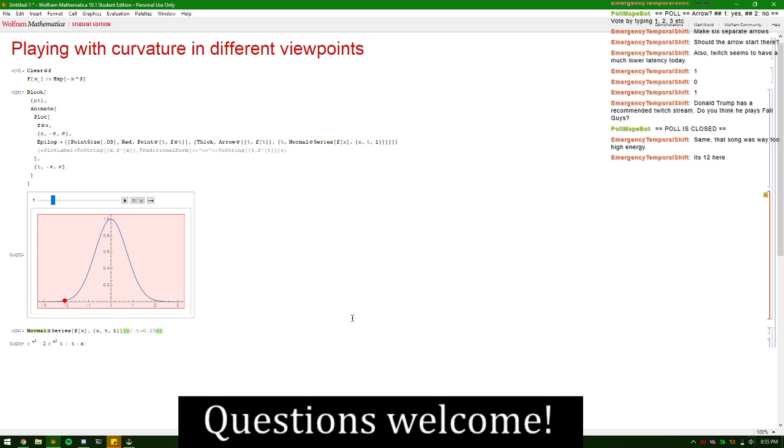And so one way to go about that is to take the first order approximation at a point t of our function f, which is really just the normal distribution, or Gaussian,